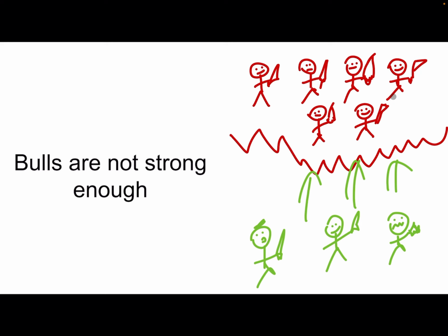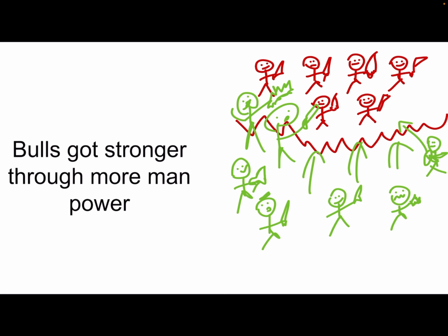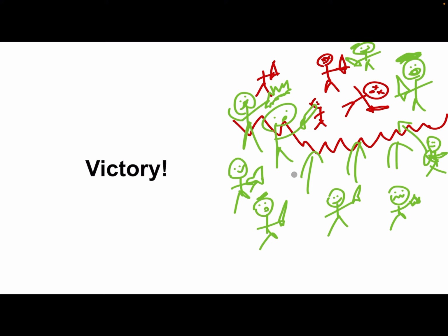And since these soldiers represent Bitcoin or prices, they're the same thing. So this guy is not stronger than this guy. So the only way the bulls, the green ones, can beat the red forces is if they outnumber them. And in this case, they're 3 versus 6, so they cannot beat them unless they find more force to actually join them. And in this case, you can see now they're 7 versus 6, which means they will be able to beat them. And, well, it's a victory.